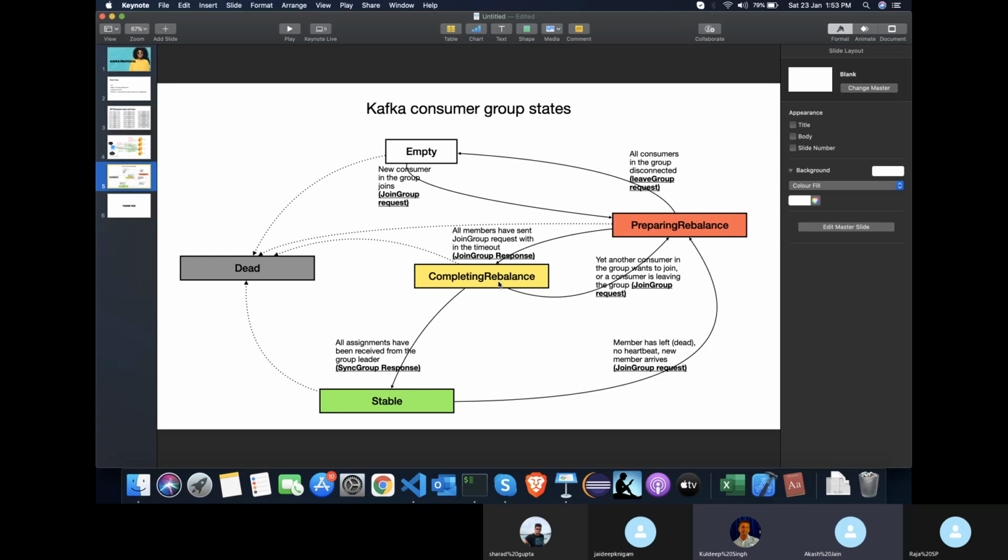Yes. So let's say the consumer leader crashes. It was completing the rebalance, it was sending the sync group, but at that time it crashed. So what happens is there is a timeout, right? Within each timeout, each of the consumers is supposed to send a heartbeat, and if that heartbeat is not received, the group coordinator is going to trigger a rebalance again, which means the consumer group will enter a preparing rebalance state. And then again, each of the consumers is going to rejoin, and that's where we see those messages in the logs saying triggering rebalance, those things.